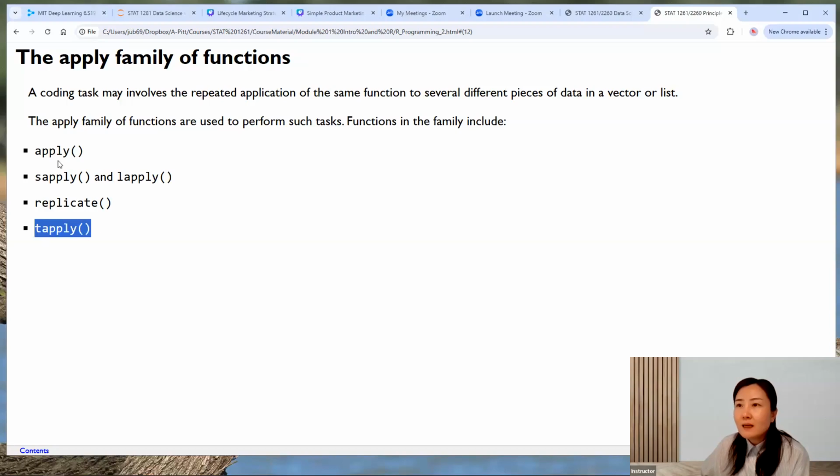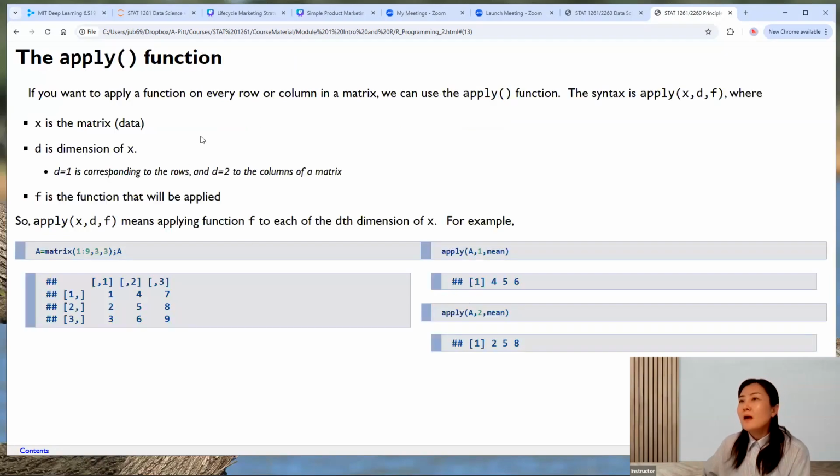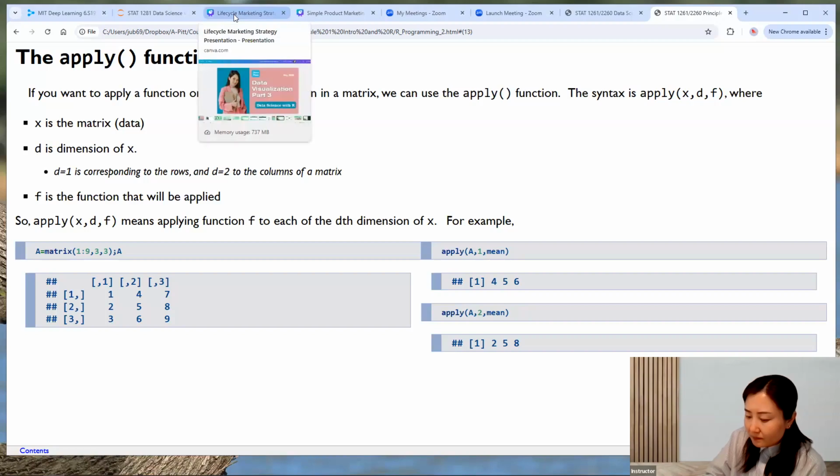Data frames and matrices are still different, right? Data frames allow different data types in different columns, while in matrices the elements should be of the same data type. All right, let's take a look at the apply function first. It is used to apply a function